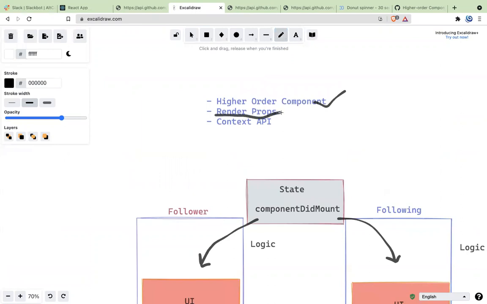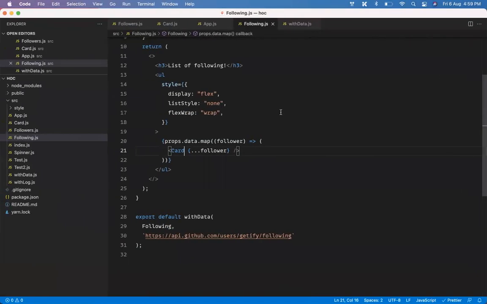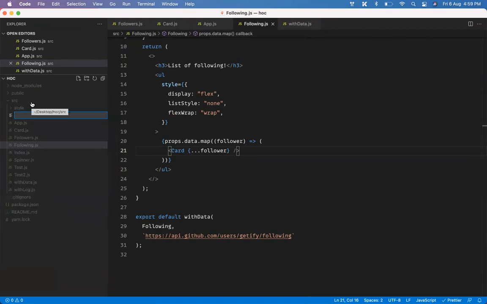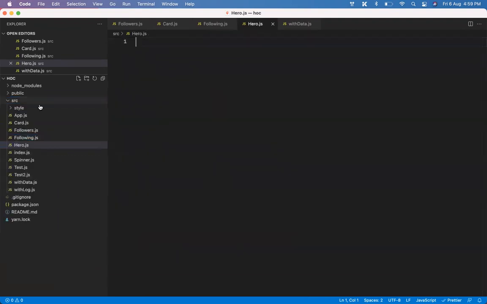So moving on to render props. Let's try to understand. Render props is much simpler and it's a very simple concept. All we need to understand is one thing. Say for example, I have a component called, let's call it hero.js.